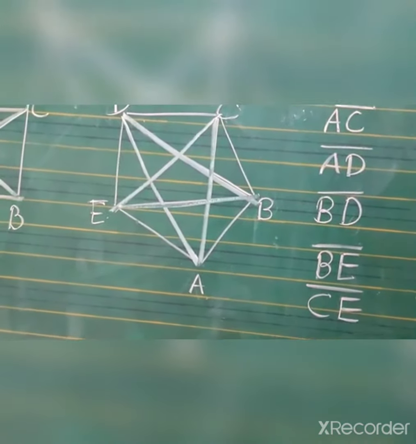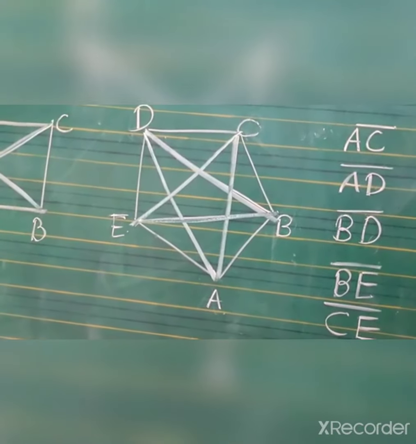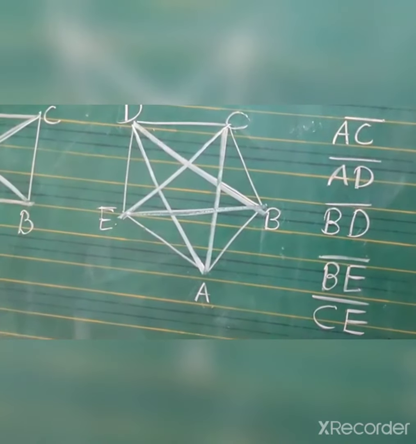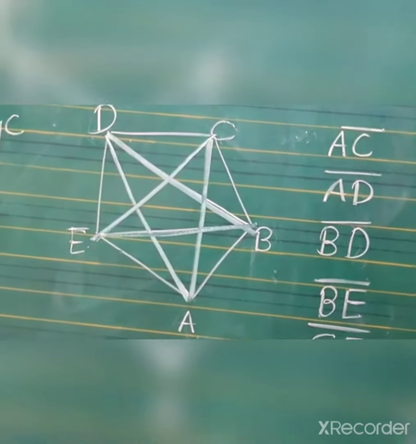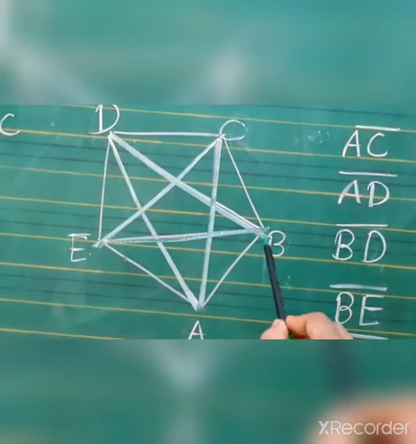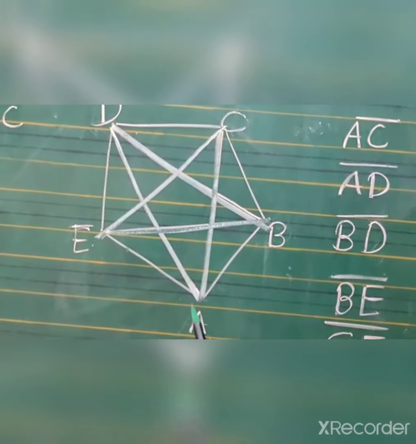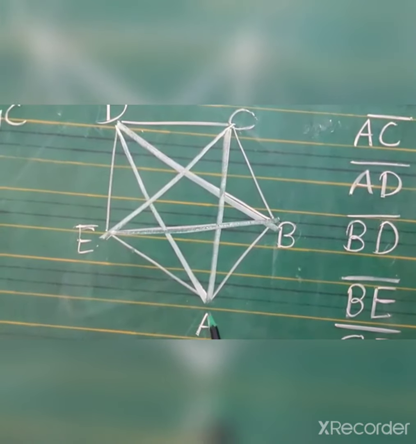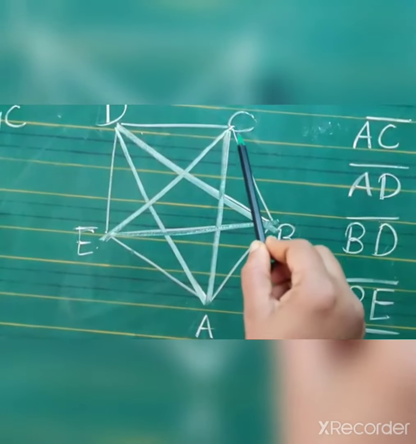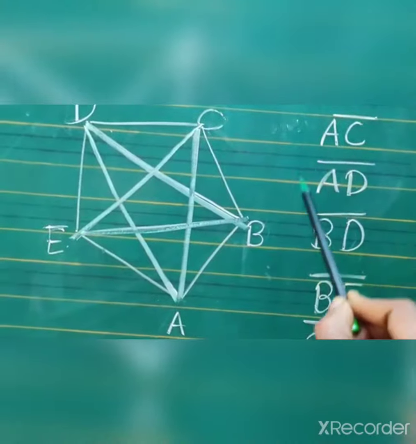Only polygon. Now I will tell you when we proceed, then I will tell you regular. What is the difference between polygon and regular polygon? Now see here, first side, second, third, fourth and fifth. You can see here. Now from point A, the next of B point is C. AC diagonal.